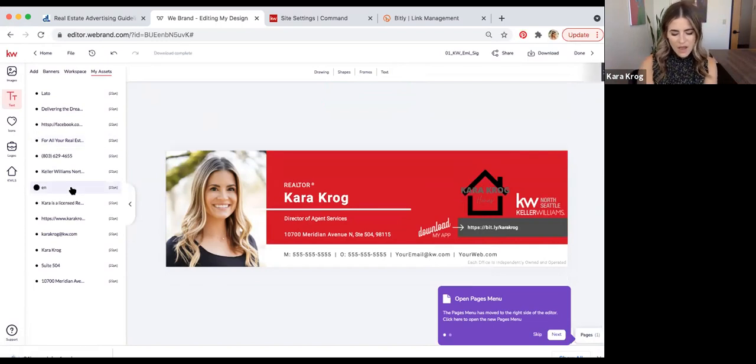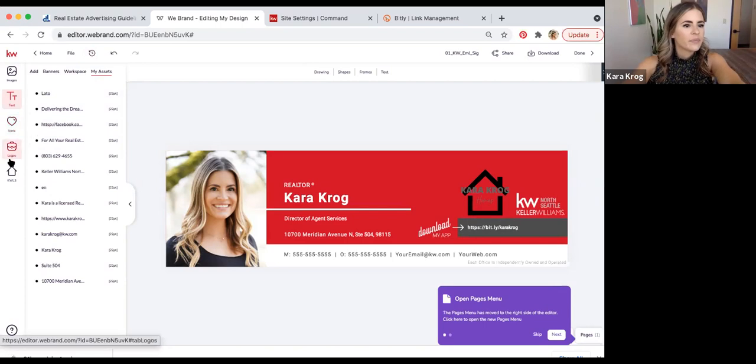So now let's talk about open houses. There are two things that you always want to have when you are doing an open house. You want to have open house flyers, and you want to have some sort of social media graphic that is going to promote that open house. So one of the things I probably could have done before we started was pick a listing for this, but that's all right. We'll find something.